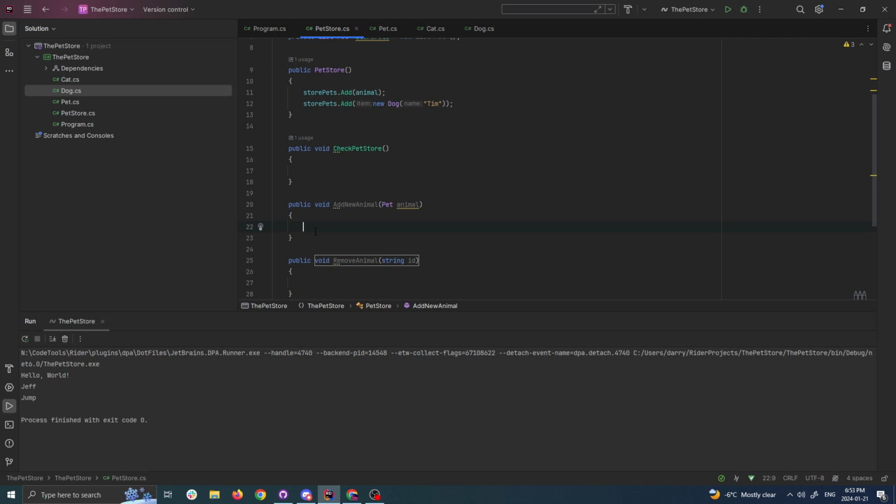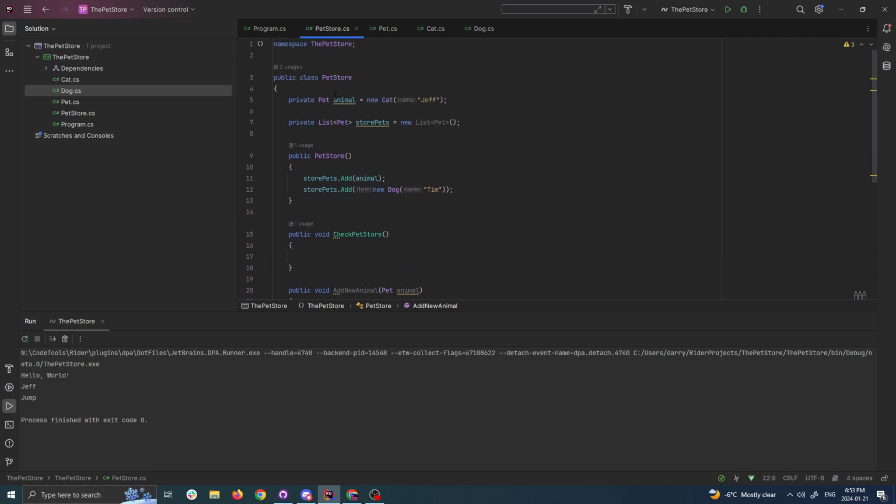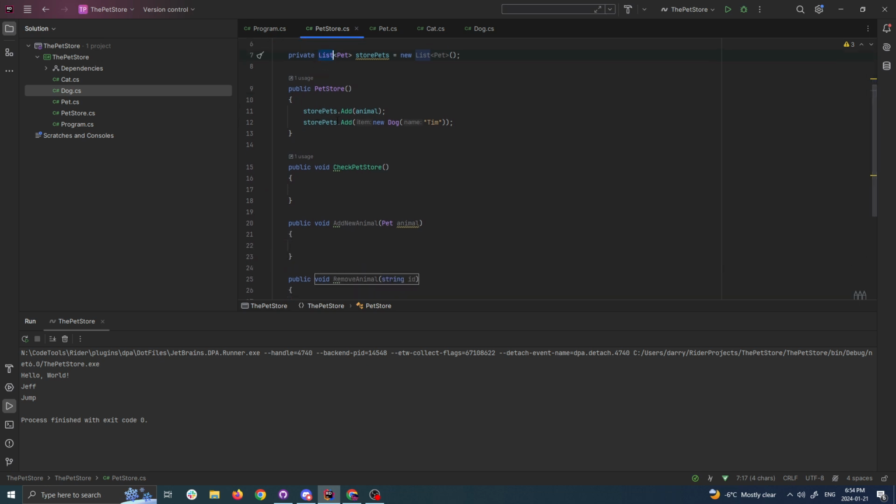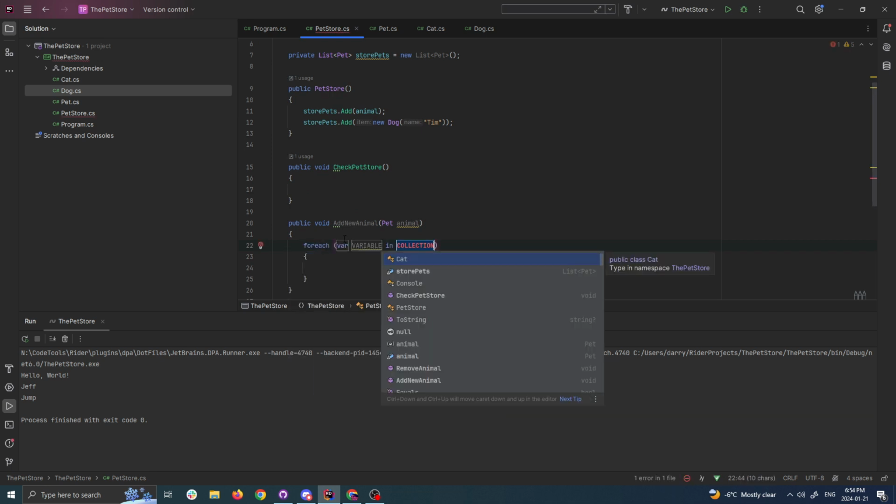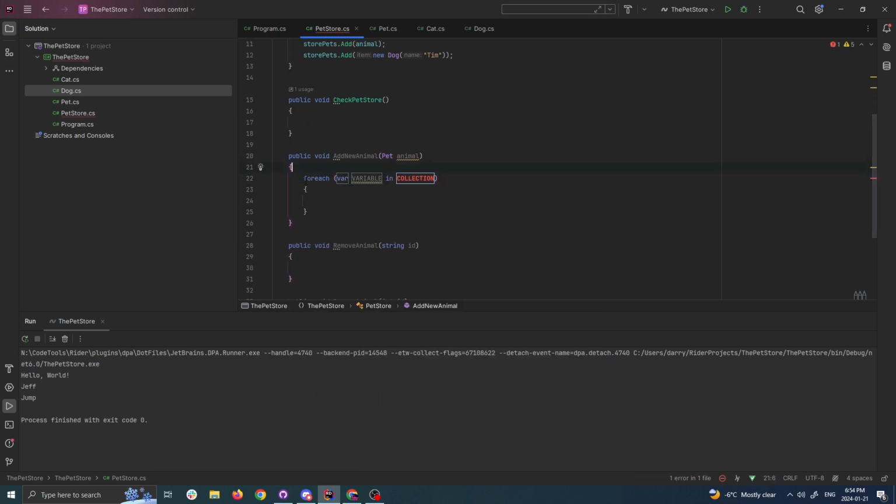Probably if you were doing this with students. Actually, you know what? Let us do that. So we're going to create a dictionary instead of a list. So that way the lookup time is instant. But then this makes no sense. No, you look up a dictionary, or maybe you know how to use it already, but I'm not going to do a dictionary right now. So in here, what we should do is we need to